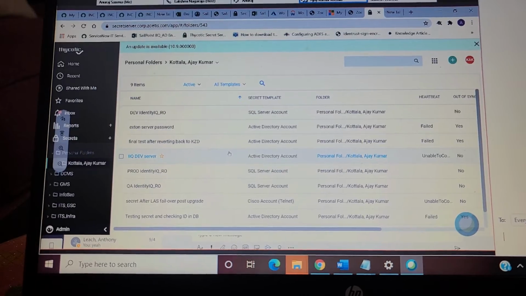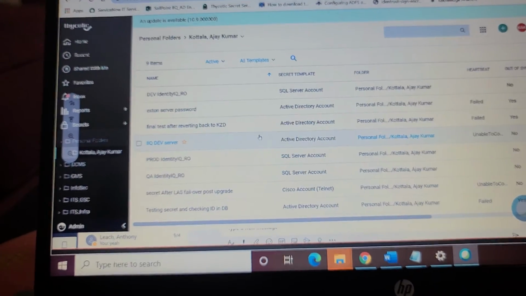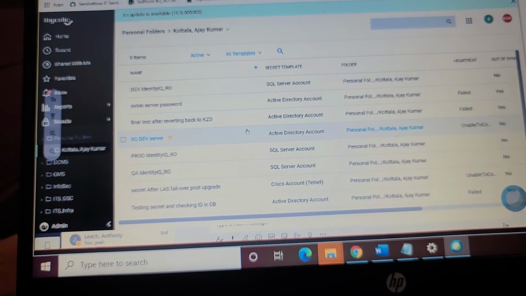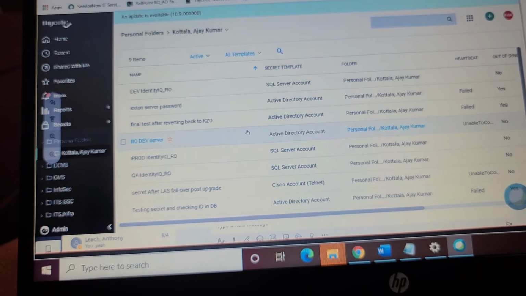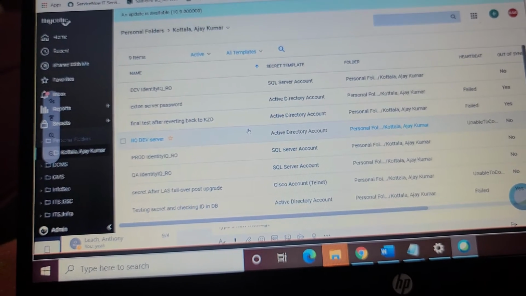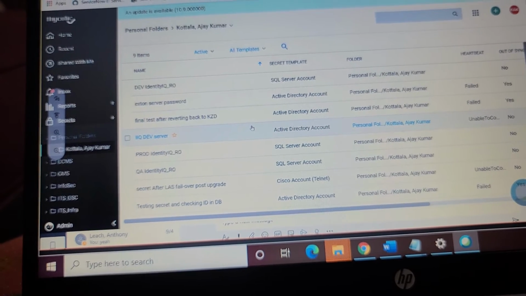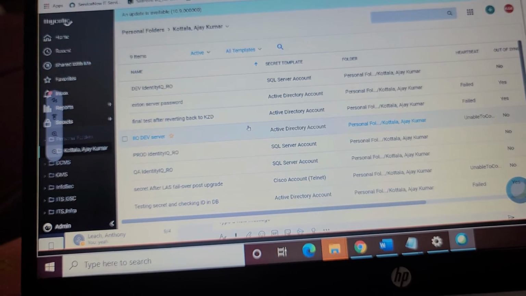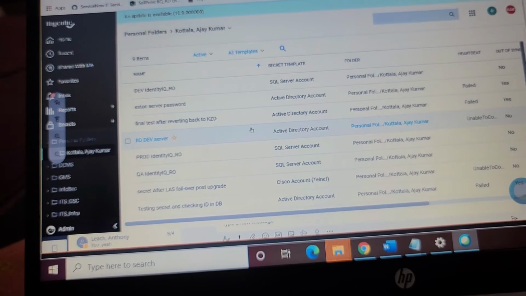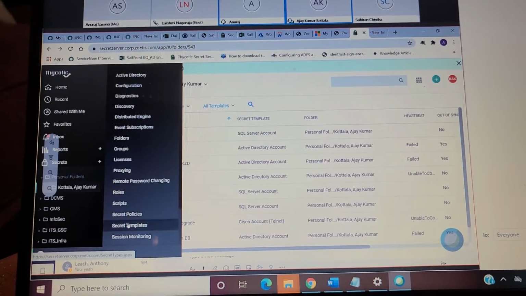did you get to know what a template is and what a secret is? The difference between a template and a secret? Basically, a secret is something we keep in our folders, like a password from the privileged team. And a template is something we create for a specific requirement, suppose an access management password or any SailPoint password, so we create it according to that requirement. Exactly, a template is like a form.